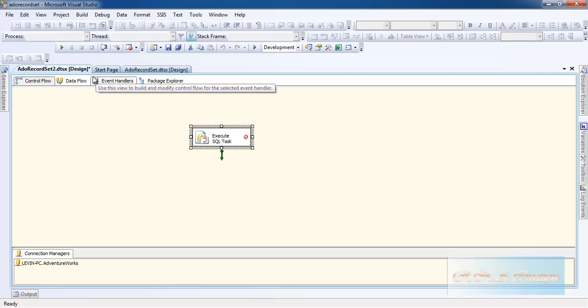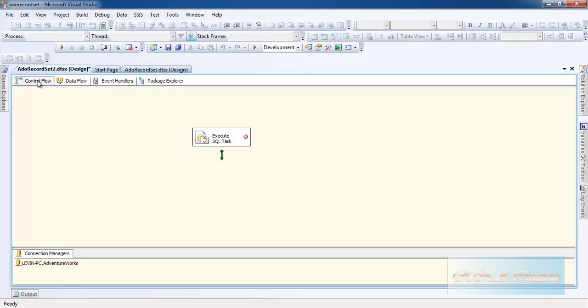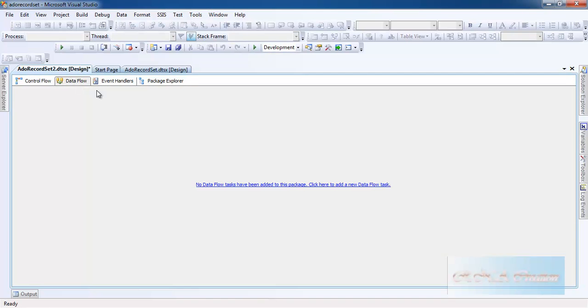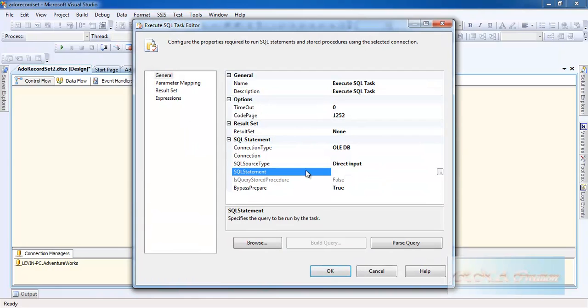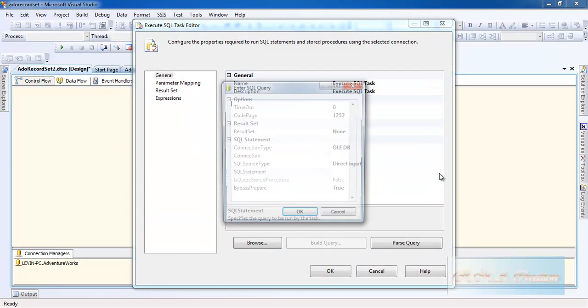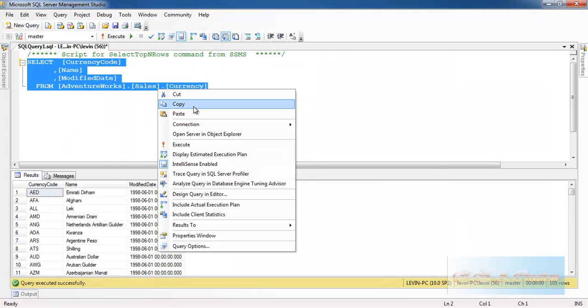Control flow is where you can do all the tasks, and data flow is where the streaming happens. All the things you want to do, like modifying and everything, will happen here in the data flow. Control flow is basically controlling the main task. Okay, and let's go to the SQL statement. I'm going to paste this statement as it is, copy,